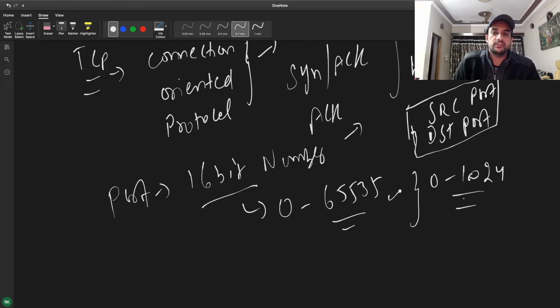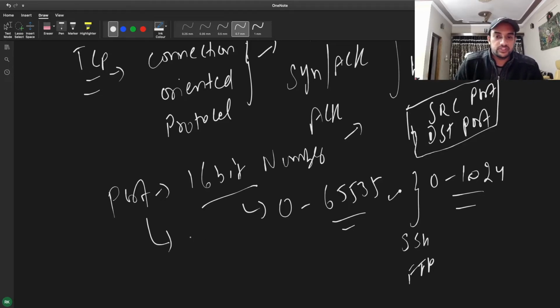They are reserved because there are some predefined applications which a machine needs to run, like sockets for the SSH and FTP protocols. So there are predefined port numbers for these protocols. We cannot use the same port, because if a socket binds to a particular port, it can only bind to one port at a time.